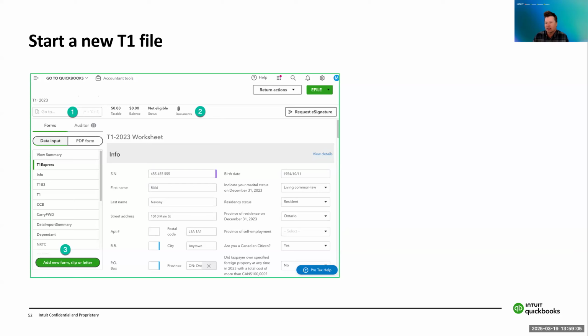And the beauty of this, because ProTax is in the cloud environment, is that these documents are available to you 24/7 from anywhere in the world as long as you have an internet connection. So if you need to access those documents from anywhere, they're always there.